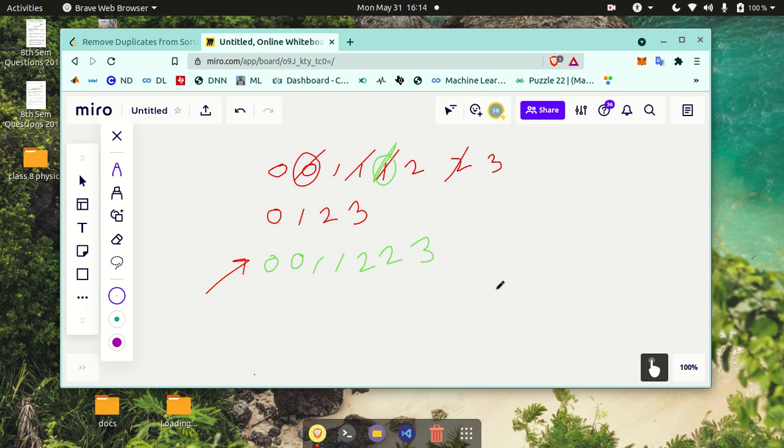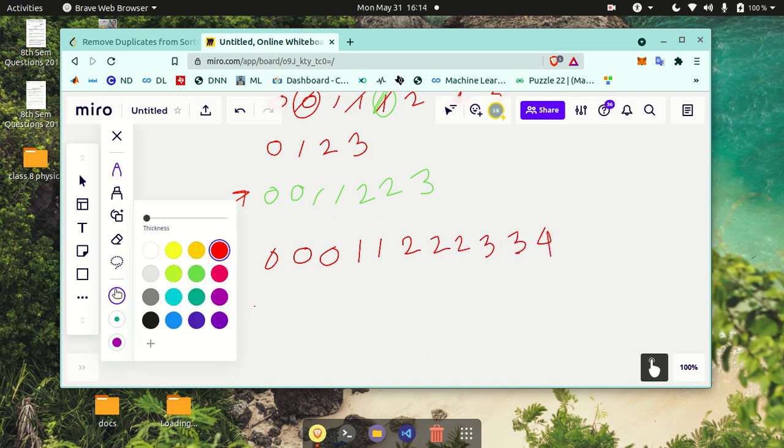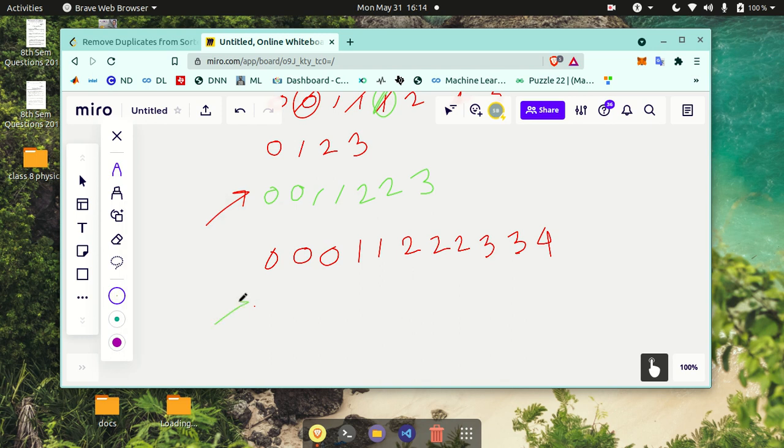If it is like 0 0 0 1 1 2 2 2 3 3 4, we have to modify the array in such a way that it gives us 0 0.